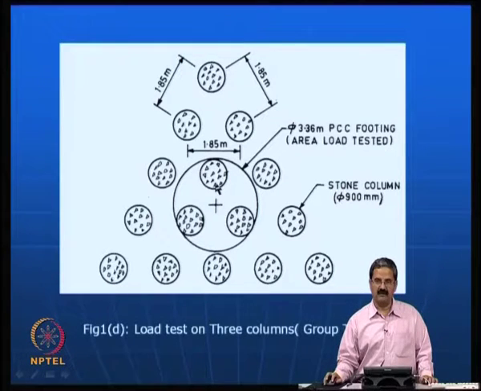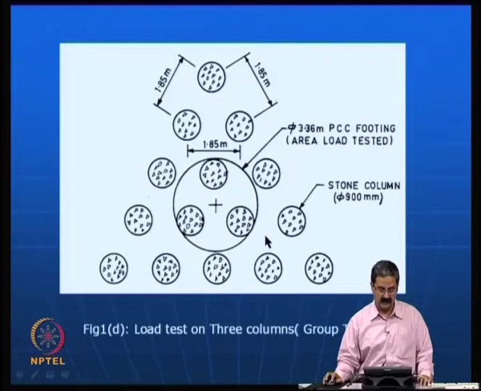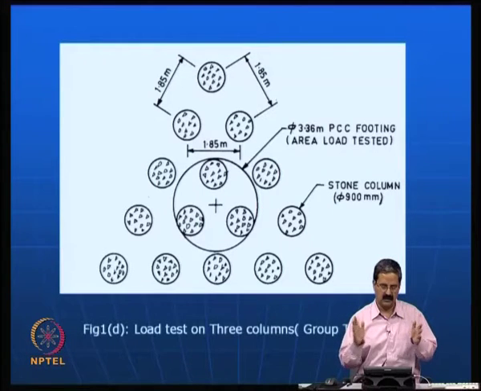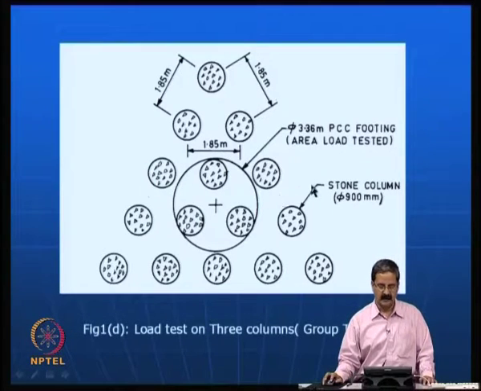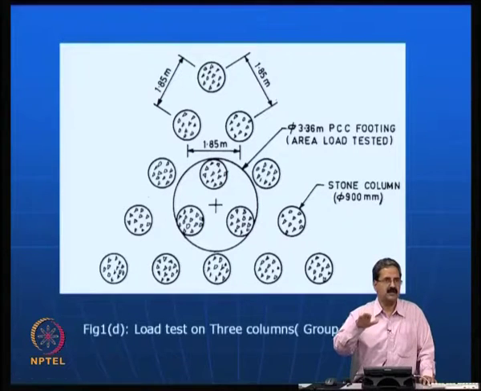This is another one, where you have group effects, as I just mentioned. There is a bigger plate, like a 3.36 meter PCC, pre-stressed concrete footing, you put it and then do a load test. This is also another one that the IS code recommends. So it is very important that people go by these methods and do plate load tests. One important thing is that plate load test is one good thing, and we have derived expressions for the load carrying capacity of the single column as well as a group of columns, 3 columns or whatever. But the important thing is that we know the limitations of the plate load test, right?